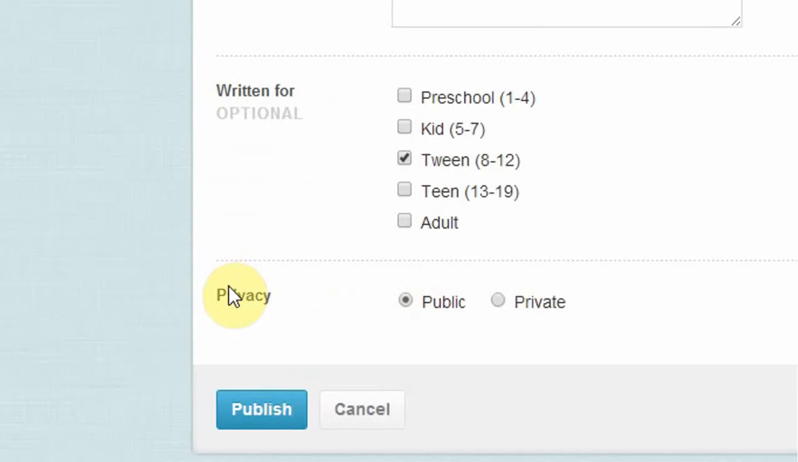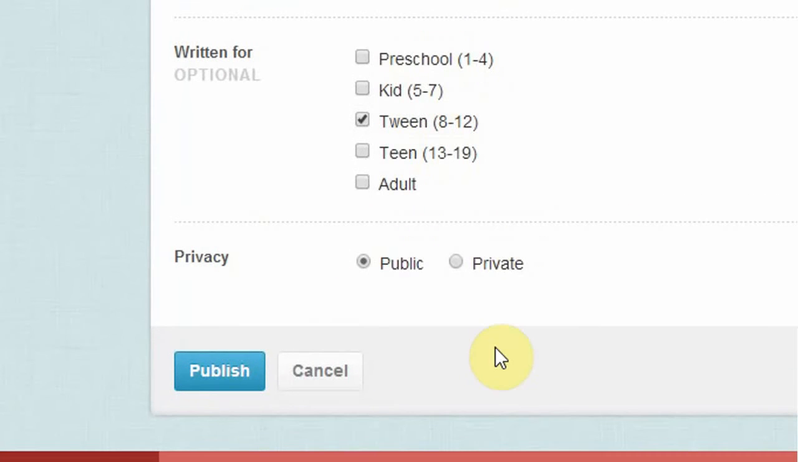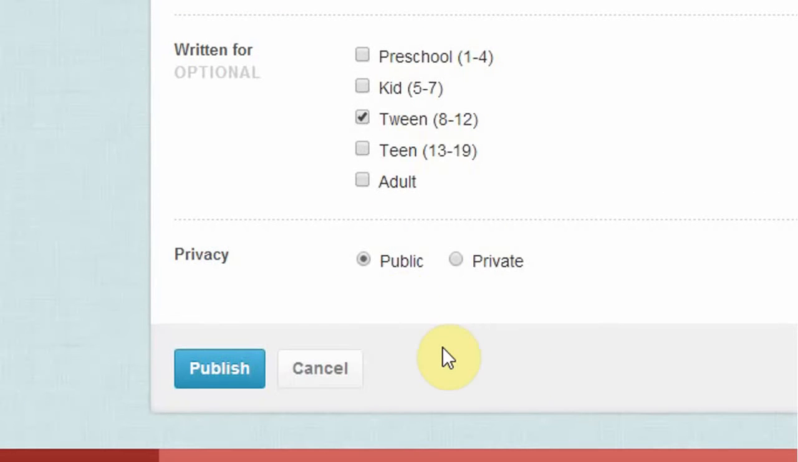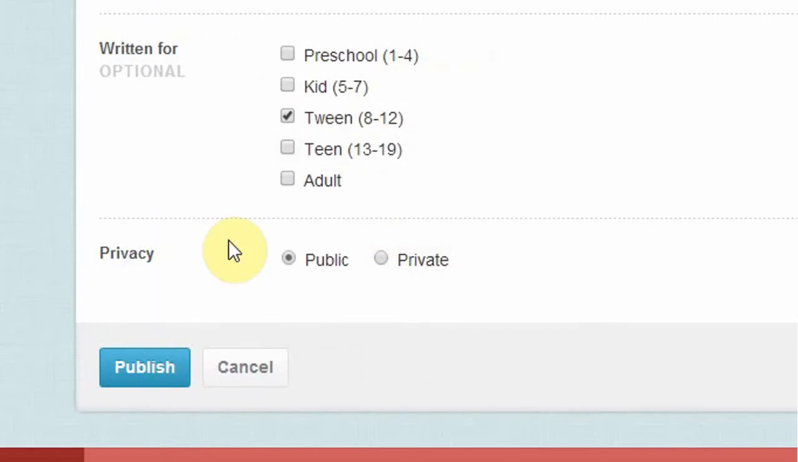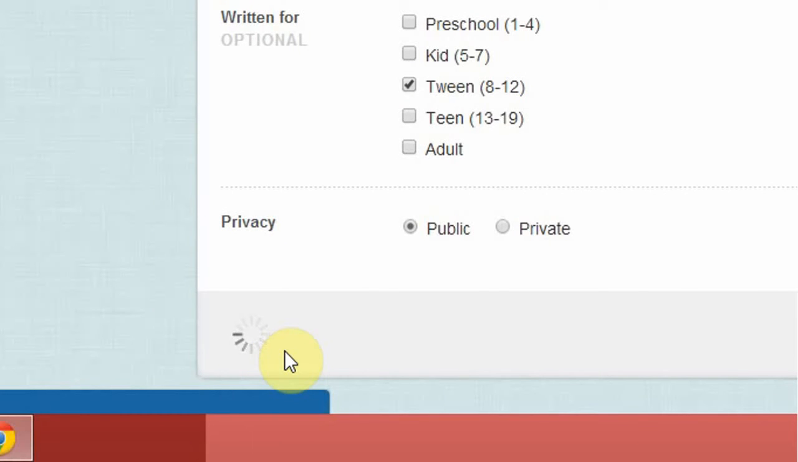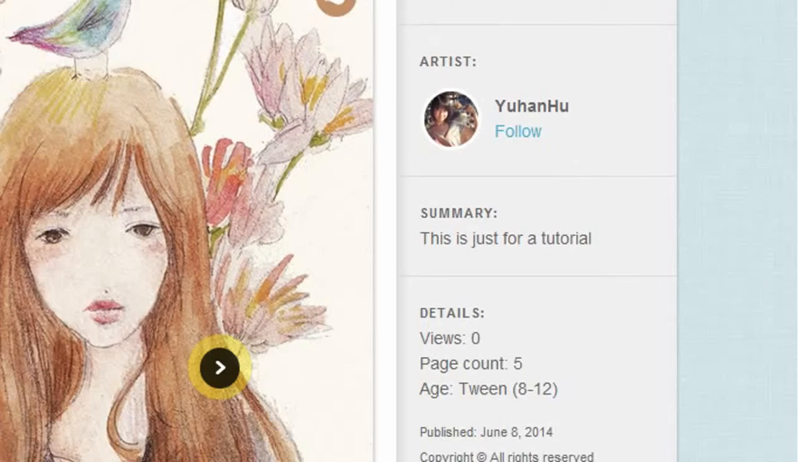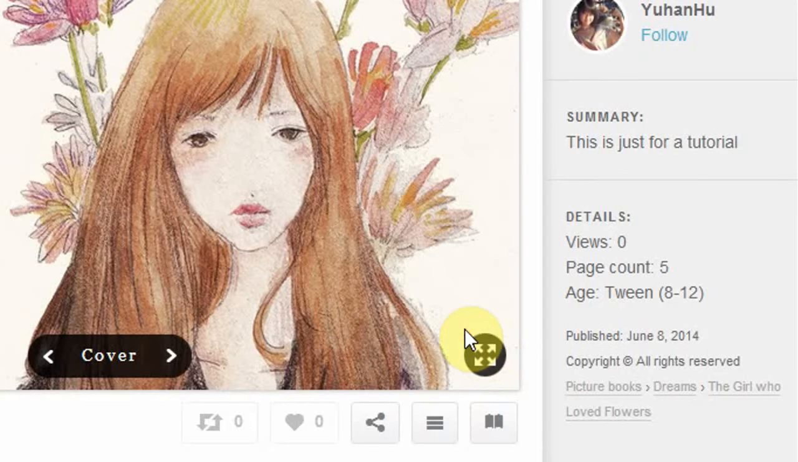So here, when you have a student account, you can only make them private, and the teacher then has to change the privacy to accept public privacy. But because we created a public one, a regular account, we can make it public. So we're going to publish it, and you have it here. So you can perfectly read here. And anybody can read it